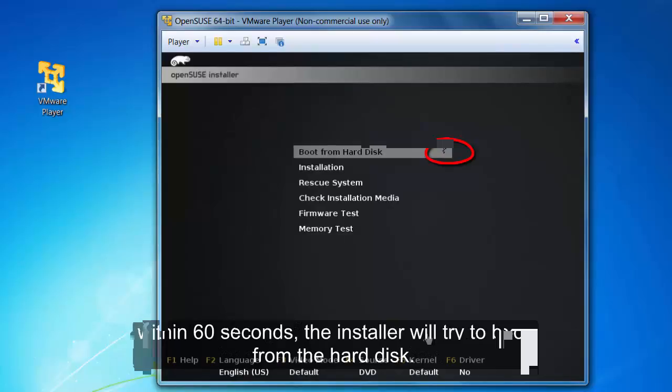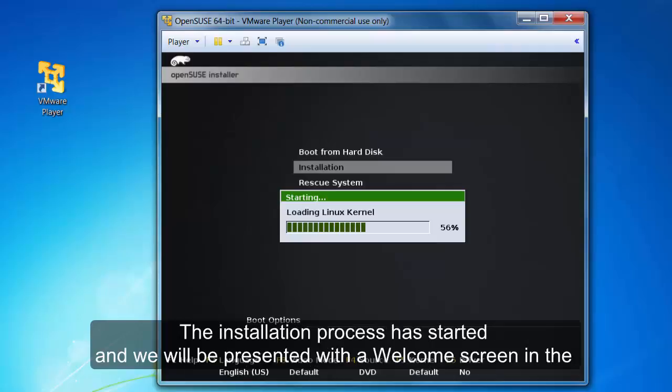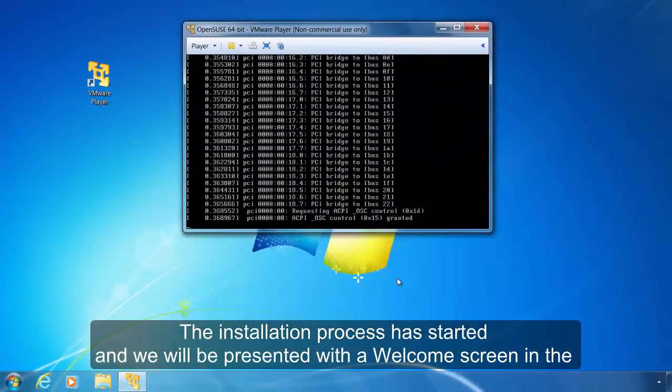Process by pressing the enter key. The installation process has started and will be presented with a web